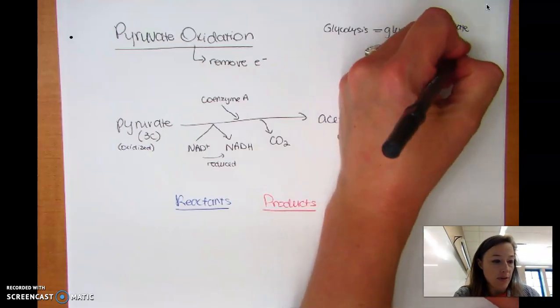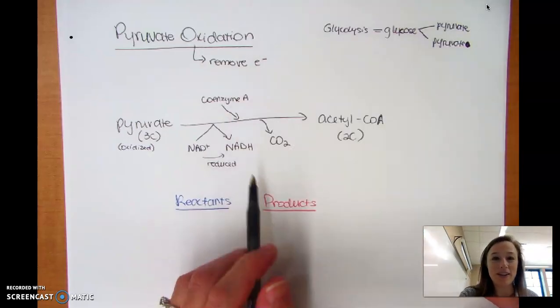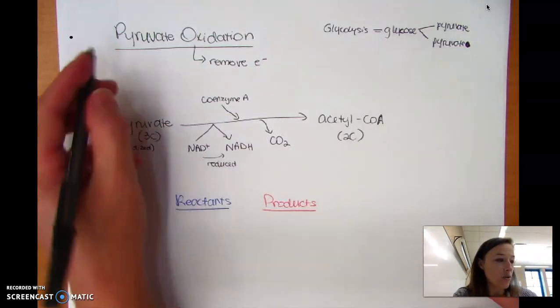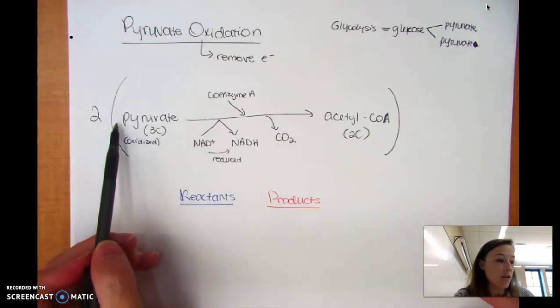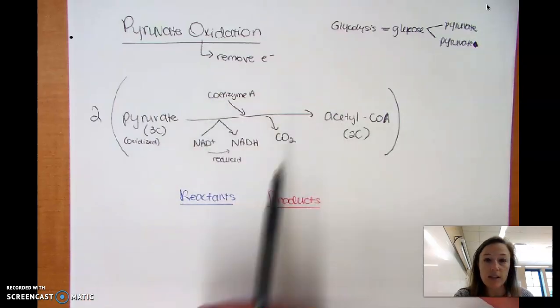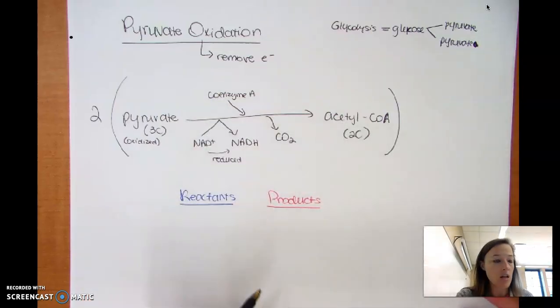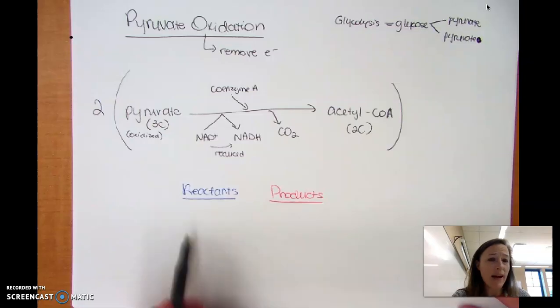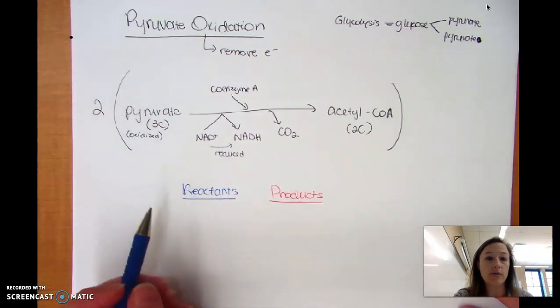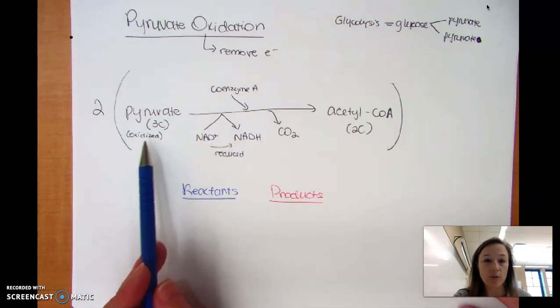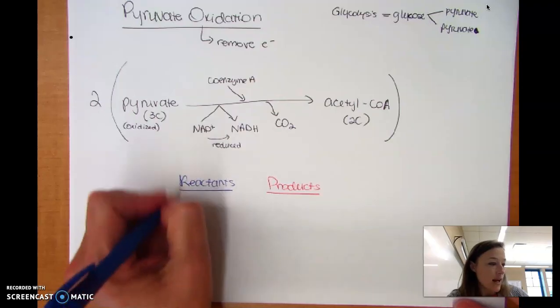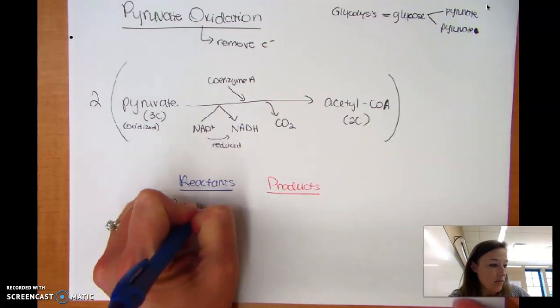I don't need pyruvates there. It broke into 2 pyruvates. So I only showed 1. So what you need to remember is that this is happening times 2. You could also put 2's in front of all of these if you'd rather. It doesn't matter. But in my reactants and products, I'm going to put the total that we produce per glucose. Okay, so I'm going to put the total that are produced when we do this 2 times because we started with 2 pyruvates. So the reactants were 2 pyruvates,